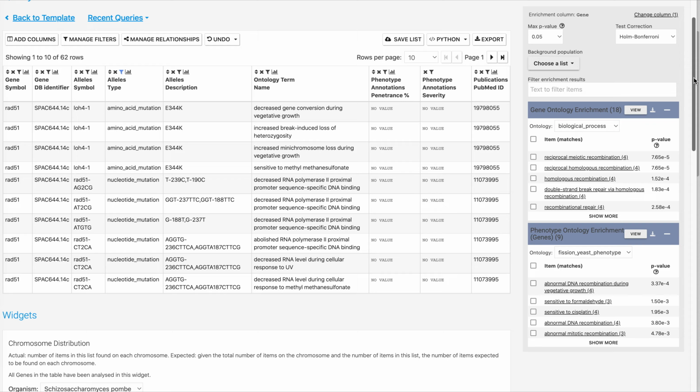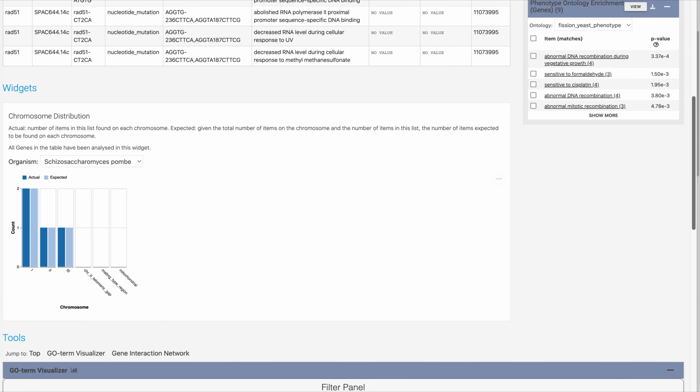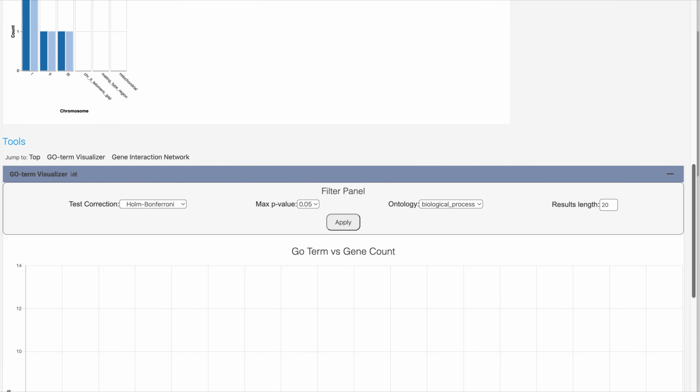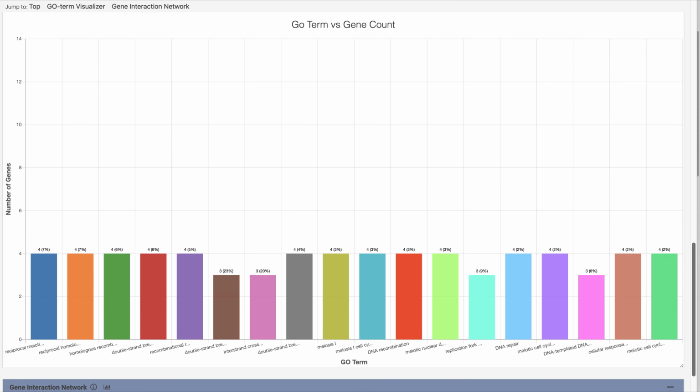And the other features that are available for any of your query results lists, there are quite a few tools, for example, chromosome distribution, and there's a nice different view of the GO results. This shows you, of the number of genes in your list that have a specific annotation, what percentage of the total are annotated to that term. So obviously here a higher percentage is probably more informative. And this is double-strand break repair via synthesis dependent annealing, which has 23% of the genes annotated